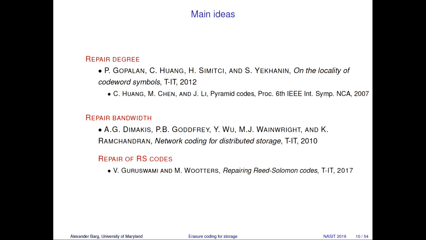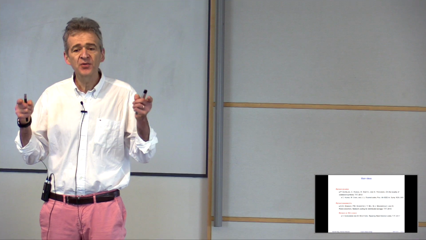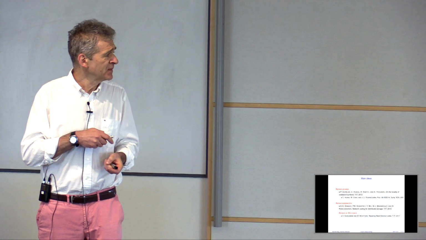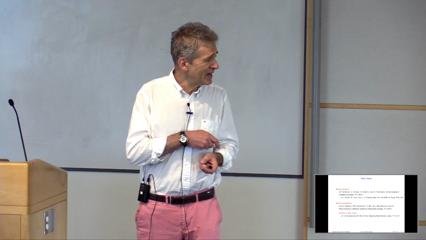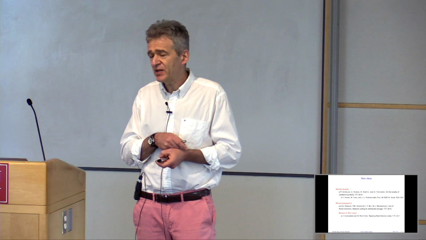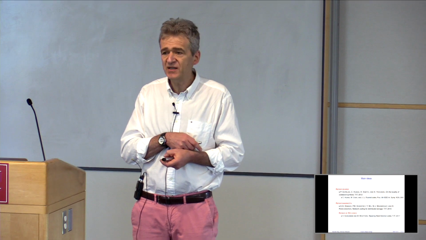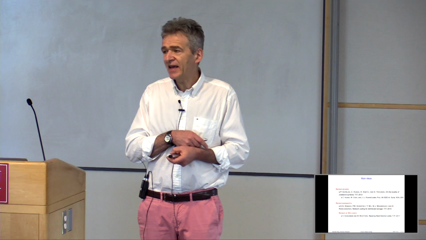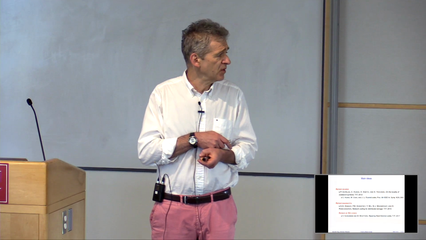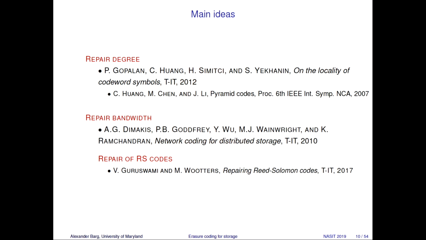So repair degree refers to the number of nodes, not the traffic volume, not the storage overhead, but the number of nodes that we have to contact to recover the lost data. Call this repair degree. That was put forward by Huang, Parikshit Gopalan, Simichi, and Sergei Hanin, and that is the Transactions paper 2012. It became known already 2 years before that, and it gained popularity and awards and whatnot. And it spurred a large volume of work on codes with locality. So Huang's paper is acknowledged here. That was 3 years before the preprint of this paper was released.